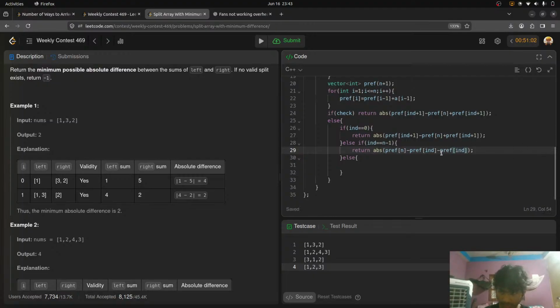That's what I'm doing, because pref of n minus pref of n will give me n plus 1 2, and then I'm subtracting pref of n again, right? And pref of end is from